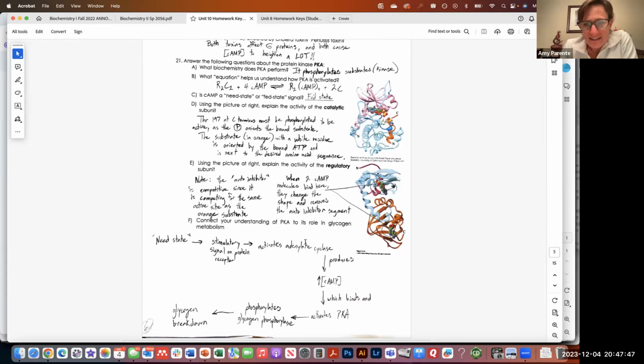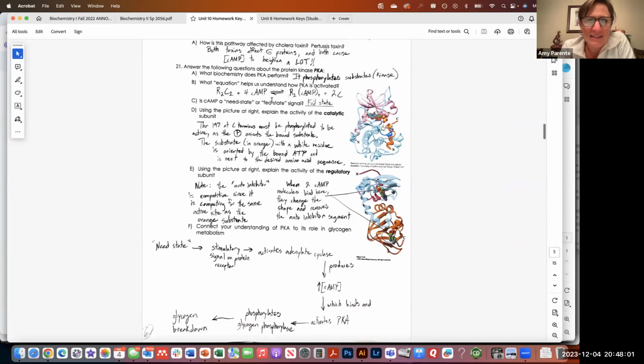Ultimately, we activate adenylate cyclase. That's going to increase the concentration of cyclic AMP. A little bit more detail probably in here is we are going to bind that cyclic AMP to the regulatory subunit. Right up here, we bind that cyclic AMP to the regulatory subunit. So the regulatory subunit dissociates, and we are going to have those free catalytic subunits that are able to do their chemistry. So by activating PKA, it's going to phosphorylate, and this student doesn't have that intermediate piece. PKA actually phosphorylates phosphorylase kinase. Phosphorylase kinase is what phosphorylates glycogen phosphorylase, and that allows us to break down glycogen.